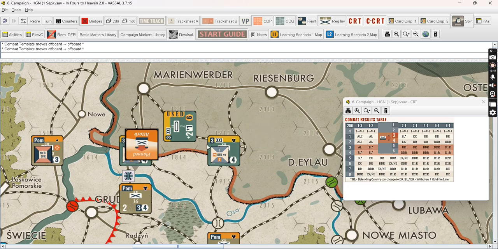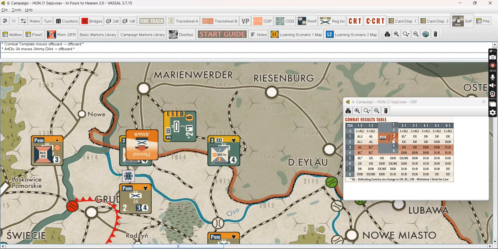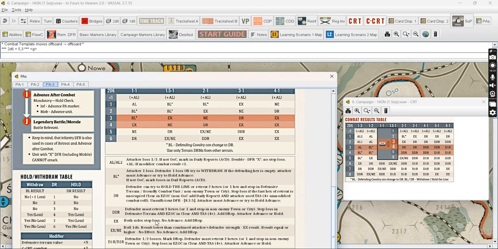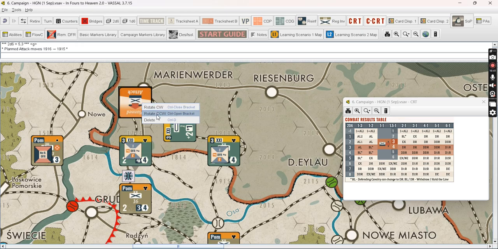And we might strengthen this attack with divisional artillery. We might use 1 divisional artillery, because if we break through this part of the front, we will threaten the left wing of the Modlin army. We get +1, and we roll a die. The Polish player has no option to strengthen his defense in any way. 5-3, result is a 3, and this is EX result, exchange. Exchange, both sides suffer step loss, no advance, we add daily report. We remove planned attack,